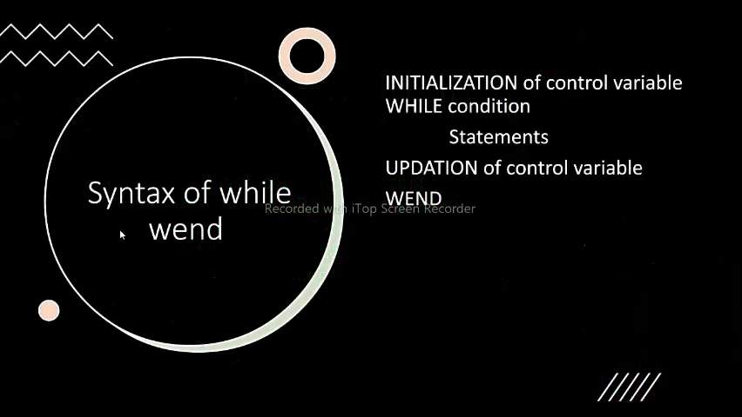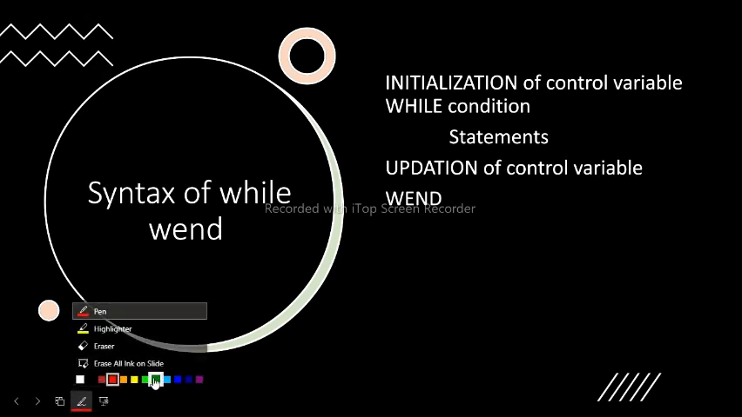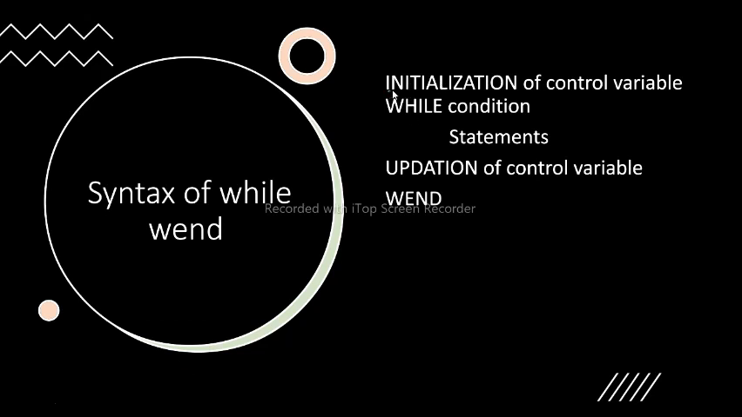So what is the syntax of while-wend? First of all, initialization of control variable. I'll explain you each and every word present in this syntax. So the first word which I can see is initialization. What do you mean by that? Initialization means starting of control variable. Initialization can be simply said as starting, okay, to start anything. Okay, so to start anything on the control variable, or the control variable's beginning is done in the first place. Okay, then